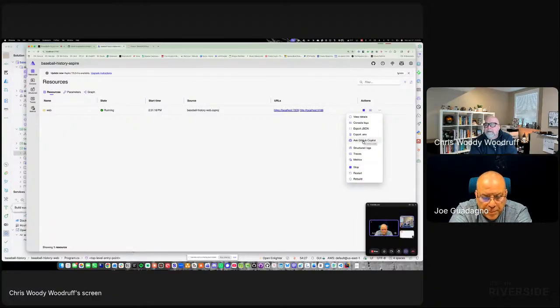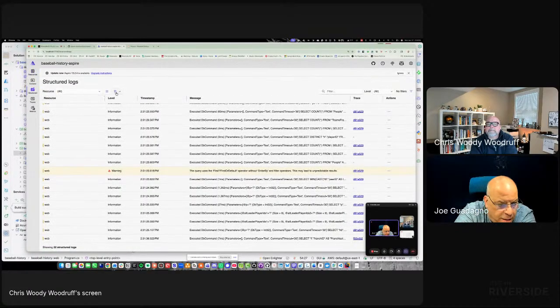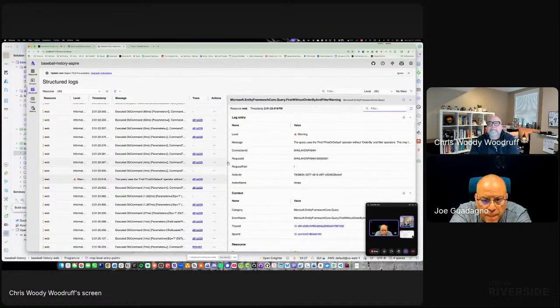They have GitHub Copilot in the Aspire dashboard. Up at the top right, there's a little GitHub guy. You can use that if you go back to your structured logs for a second. Let's say you got a warning right there. Click on that warning, and then you could ask Copilot, why am I getting that? So if you would click on the little guy,